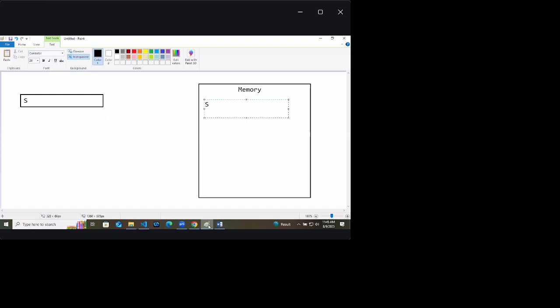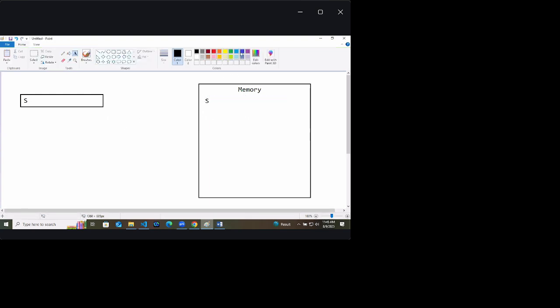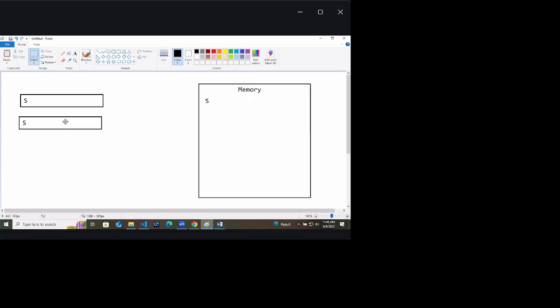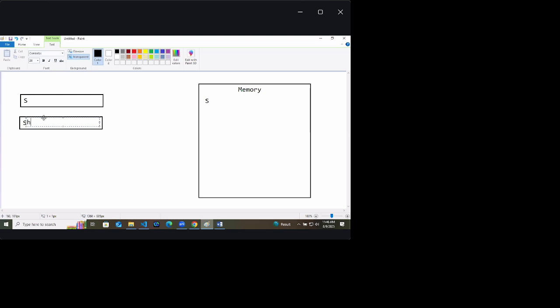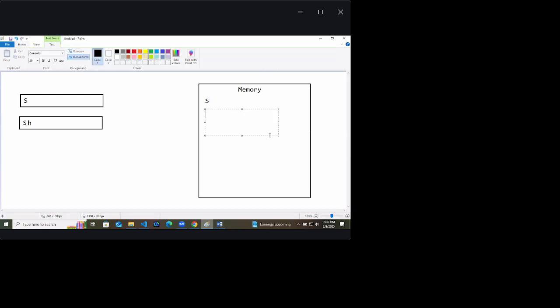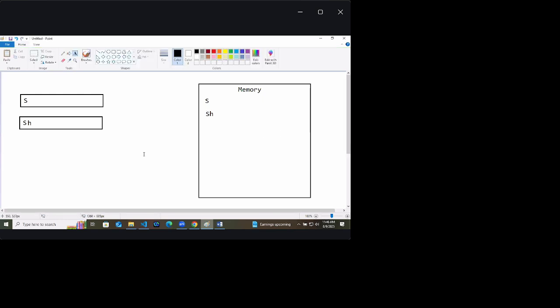That is what is called event binding. So if the user has typed S in the input box, it came into the memory. Now whenever the user types the next thing, like S H, this text also goes to the memory, like this SH. This is event binding.